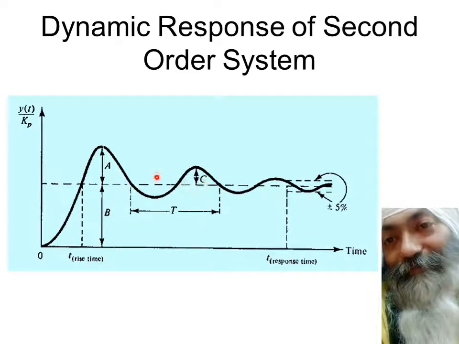So this C upon A, as we can see over here, is the decay. We know A upon B is the overshoot and this is called the decay ratio. Now as we see, this is an oscillatory kind of thing. It's moving with some oscillations. So it's crossing this point here. From this point to this point, it is T. Or from this point to this point, it is T. Or from this point to this point, it is also again T. This T is the time period. This is the actual time period, right?